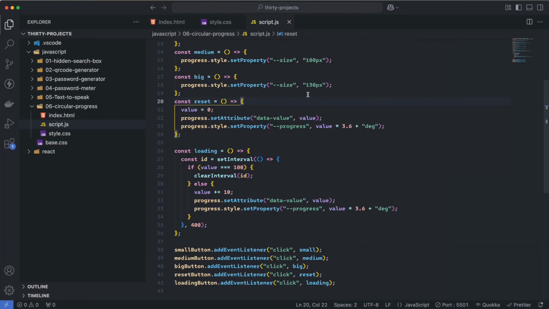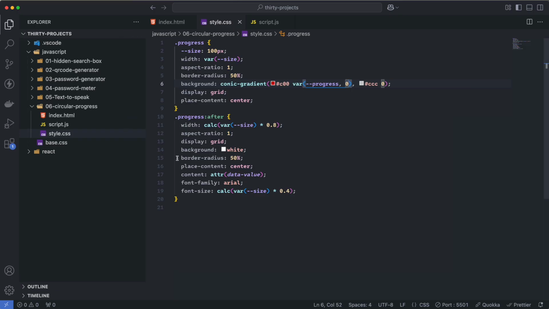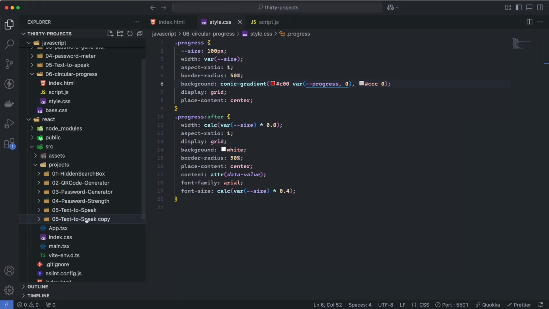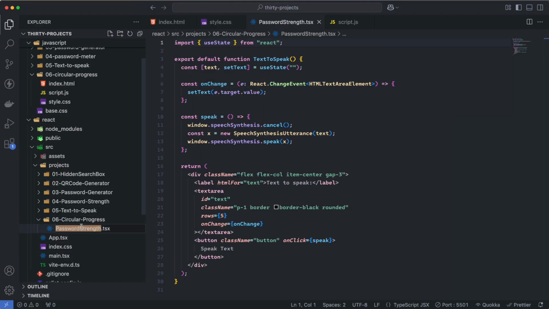Now to the React part. I would keep all of these open. I would like to copy parts of these codes to the React project. So let's go here and create another folder. Call this circular progress, and the file itself is